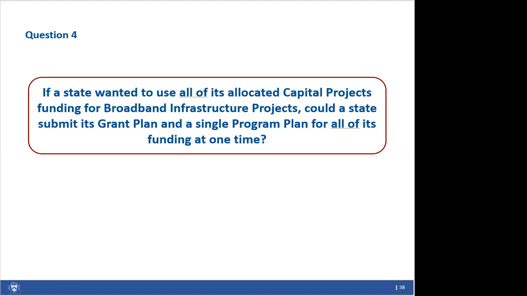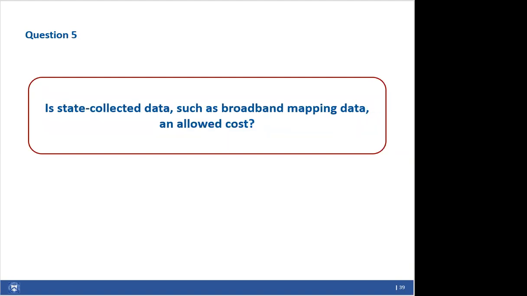So yes, they can go ahead and when the grant plans are available, they would simply fill out the grant plan to include this as a program within the grant plan, and they are able to distribute that funding through multiple allocation rounds or on a rolling basis, just in accordance with their grant plan. All their funds must be expended by December 31st, 2026. So, thank you. Great, thank you so much.